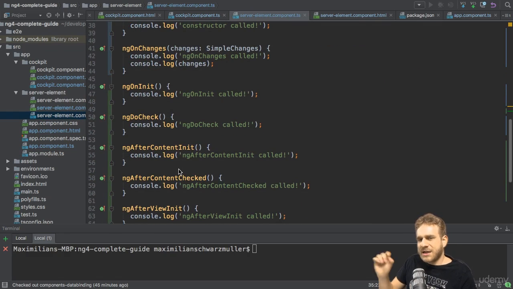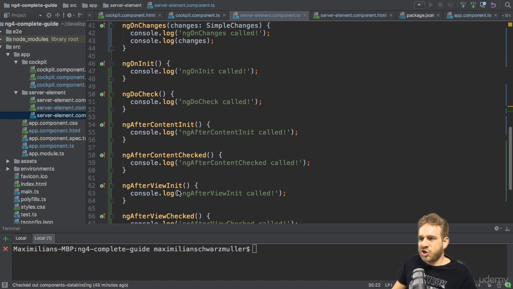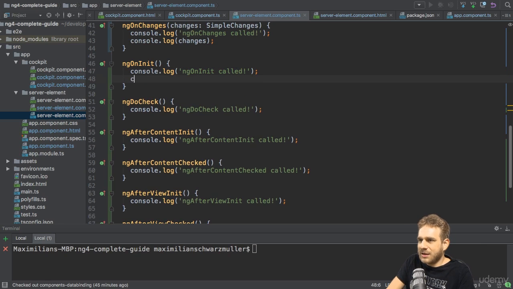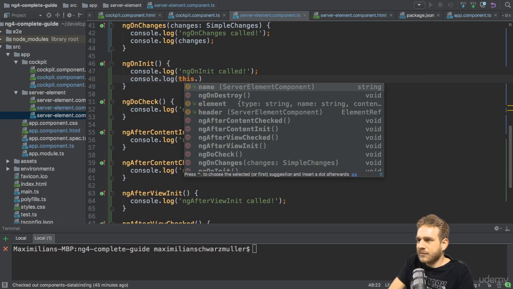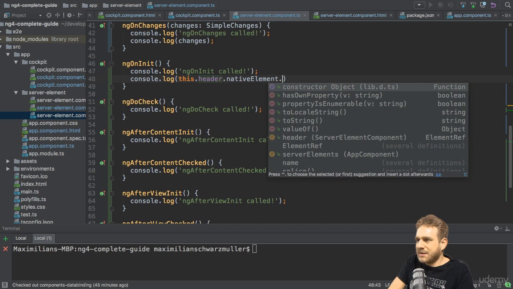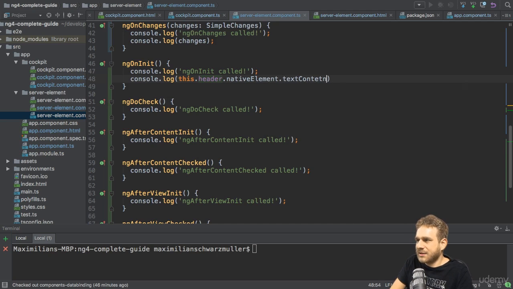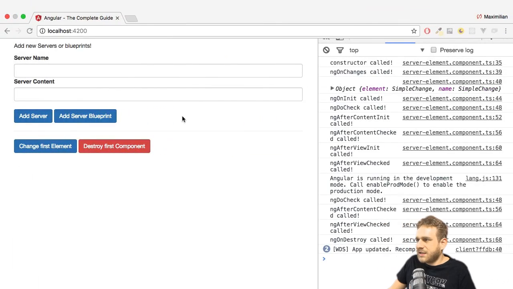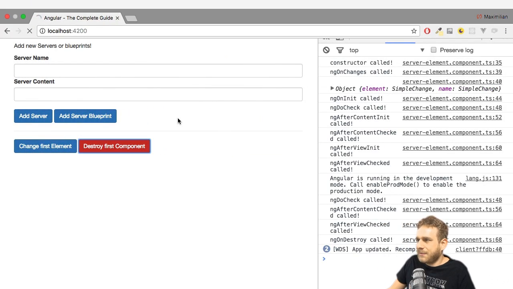And now we would expect that we can't use this before we reached ngAfterViewInit. So let's try it in ngOnInit. Let me actually console log this header, and there the native element. And now let's access something which is definitely available on a div, and that is the text content. If we do this and I save this, let's view the console. If I reload the application here,